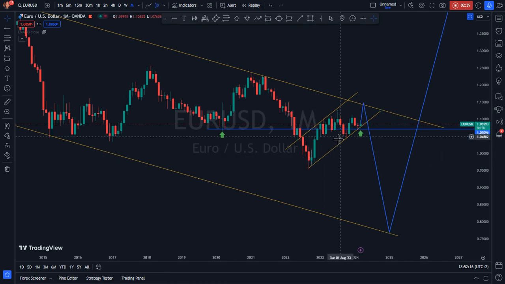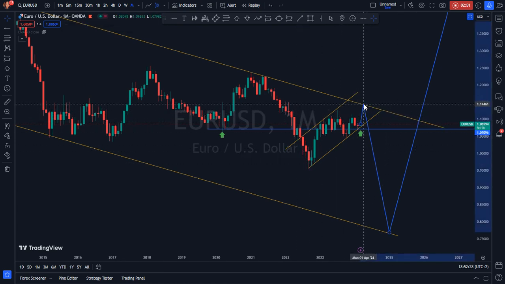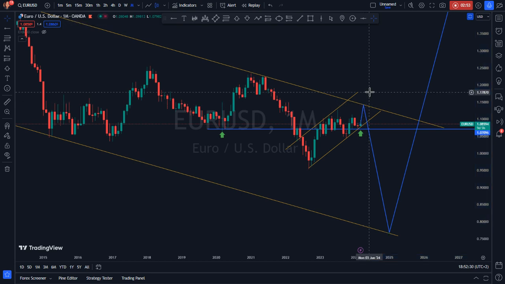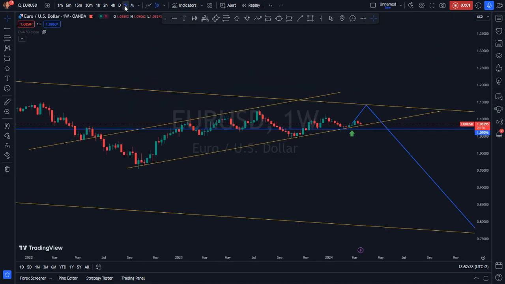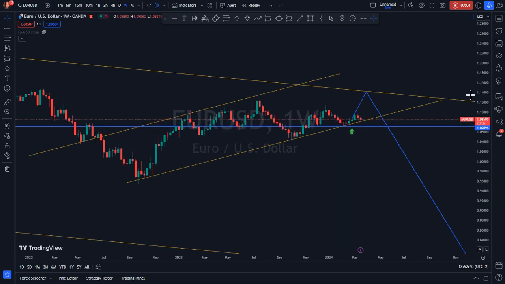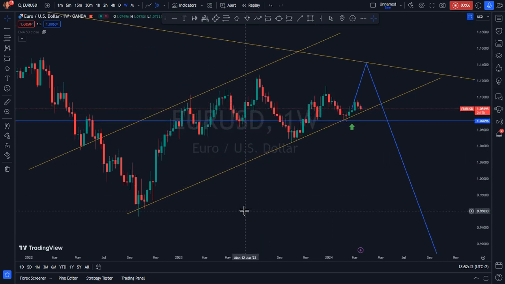Plus it's on the third touch of this trend line: first touch, second touch, third touch. Plus it's kind of in an impulsive phase, correction kind of thing. But the more we go to the lower time frame, we get to see that this is just a monthly time frame. We wanted to figure out the actual direction: where is the market heading to? So if you go to a weekly time frame to have more information, you could see,